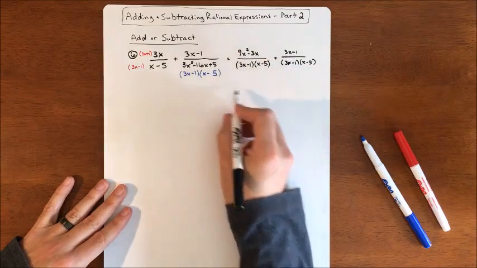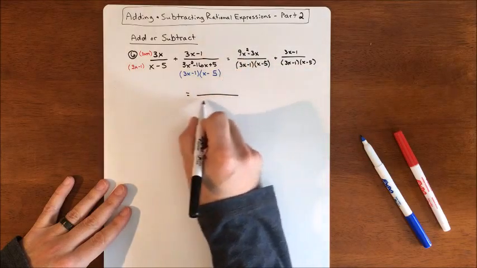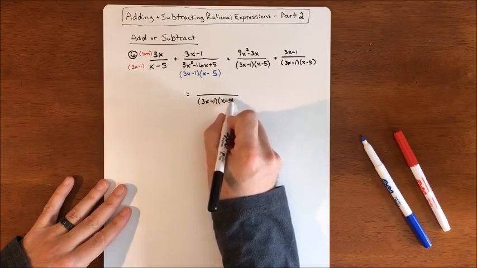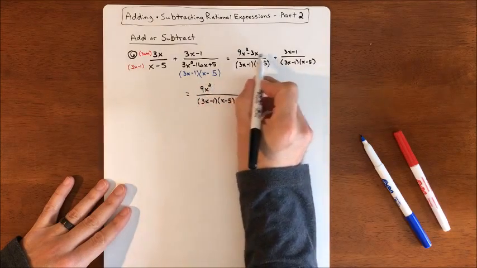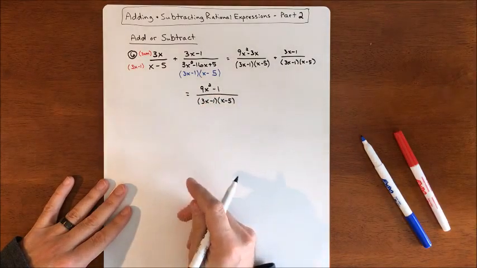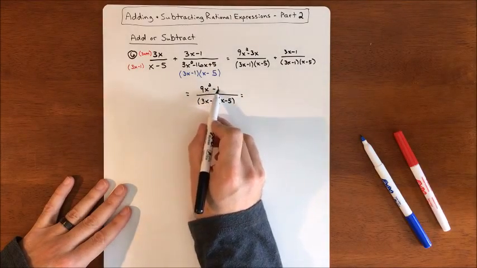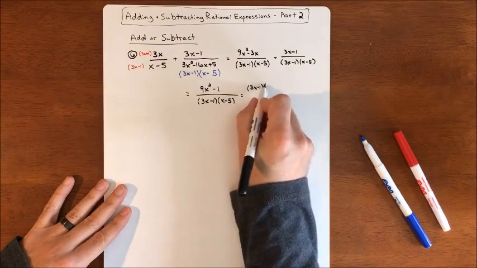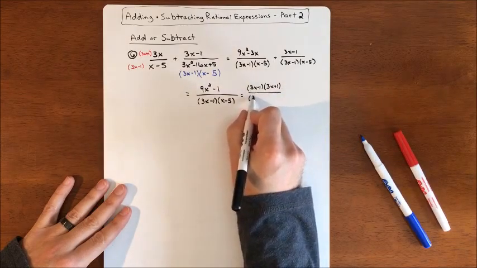That means we can put our numerators together, and if we do that, that is going to get us a common denominator of 3x minus 1, x minus 5. We add our like terms together, that'll be a 9x squared. Our negative 3x and positive 3x cancel, and so we just have a minus 1. So we're going to look to try and factor this and see if anything reduces. This is a difference of squares, so this will factor into 3x minus 1, 3x plus 1 over our common denominator